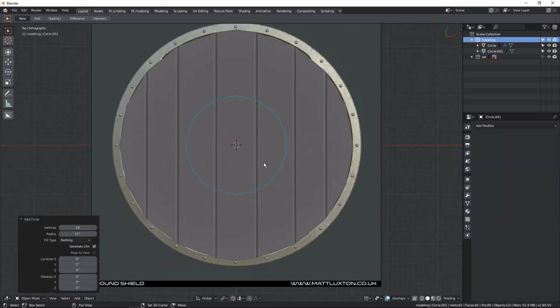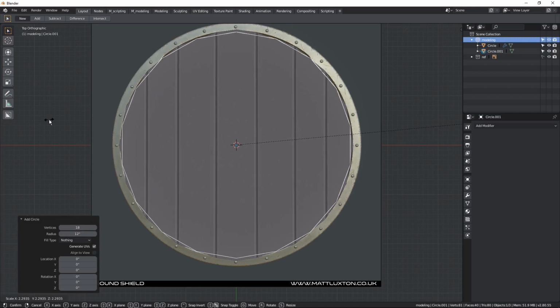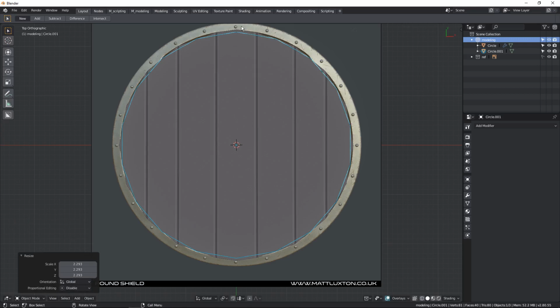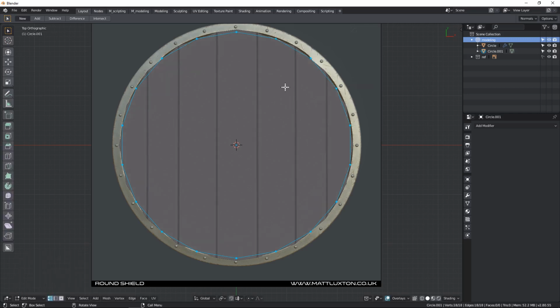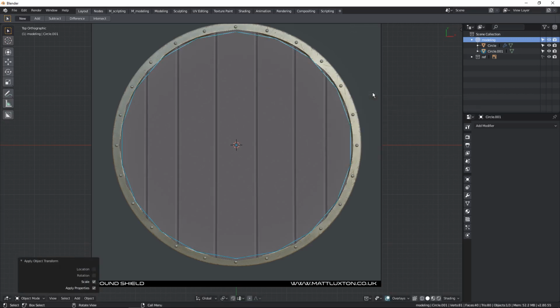Just hide that. This one we can keep it on 18 as well. And I'm gonna make it slightly smaller than this one. I'm not really worried that they rotate differently. We will work with that soon. So with this guy, we can immediately clear the scale,